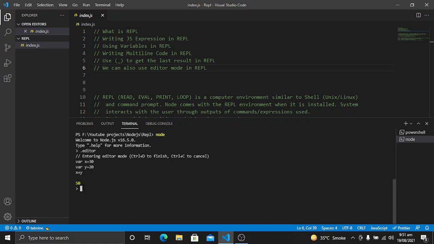So let's write some other statement also. The statement that we have performed earlier, which is the do while loop, let's write this loop in the editor mode in REPL. First of all go to the editor mode, and first create a variable x with the value of 0, and then we will use a do while loop. We will increment the number, and we will use console.log,